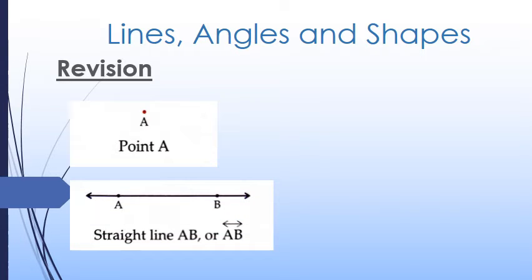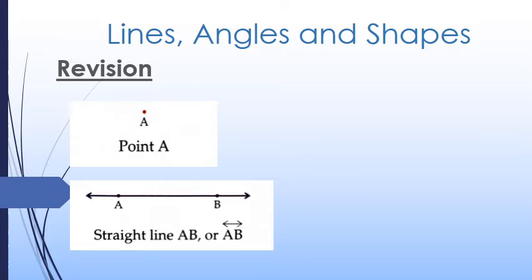Now children, this is a straight line. And you can see the symbol for the straight line, right? And children, you can see that two arrows are drawn on the two ends of this line. This arrow shows that a straight line goes on both sides, which means it has no fixed end point, and so it has no fixed length. And a straight line can be named by any 2 points on it.